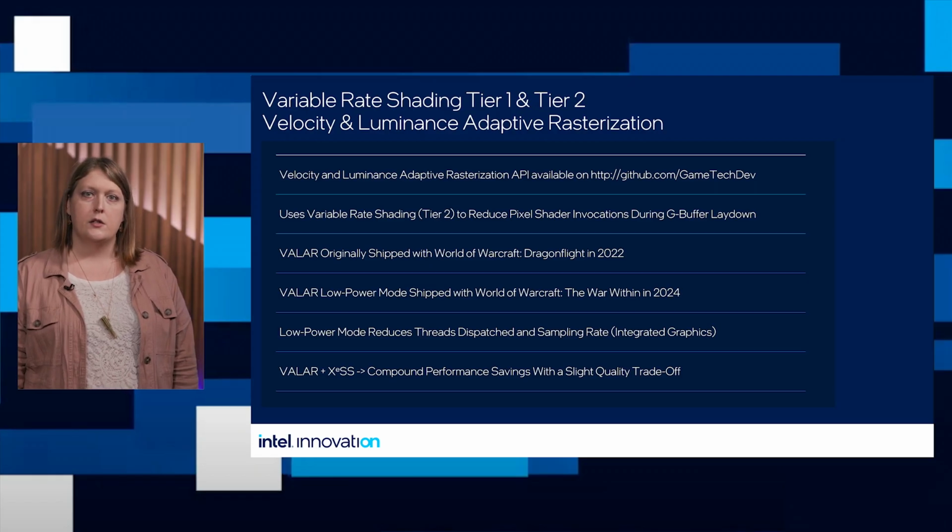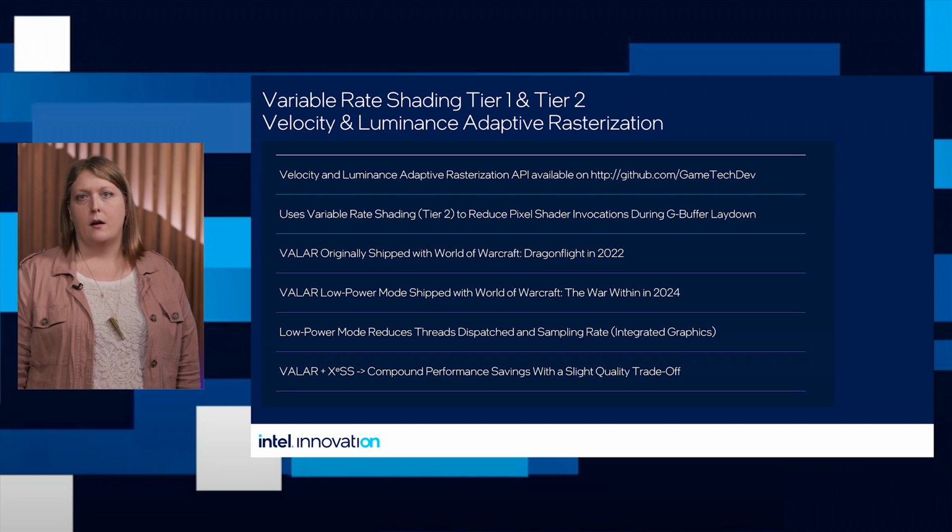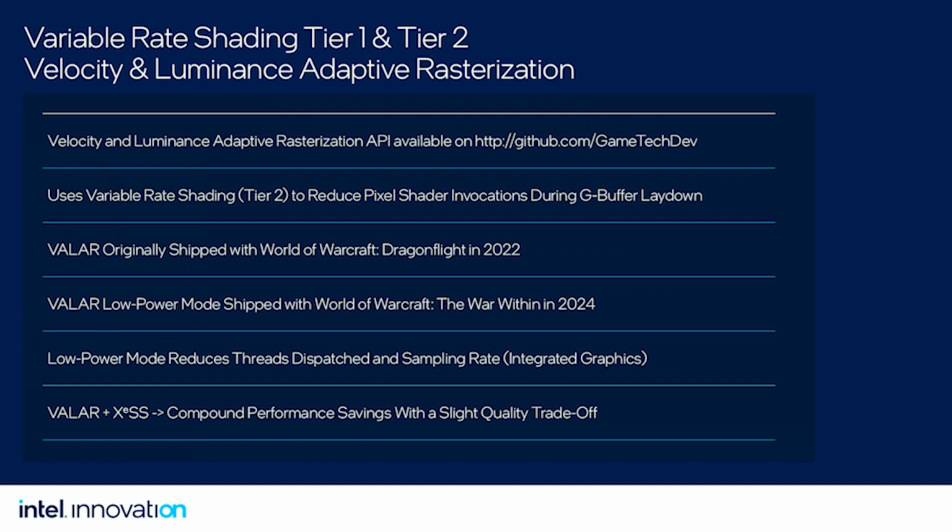With careful consideration, it is potentially possible to gain compound benefits when combining VALAR with XeSS, but some strategies may be required to reduce potential quality trade-offs. These trade-off strategies have been outlined in our paper on integrating XeSS with velocity and luminance adaptive rasterization. And additionally, we have introduced an easy-to-integrate VALAR API available on our GameTech Dev GitHub site. Both the code sample for the API and the paper can be found in the resource section later in this